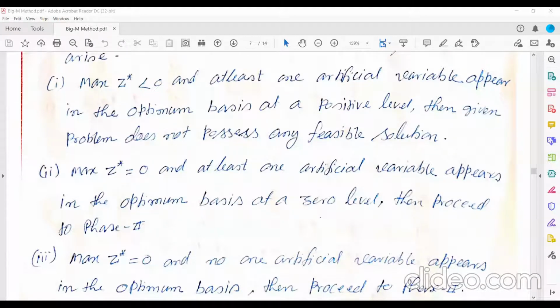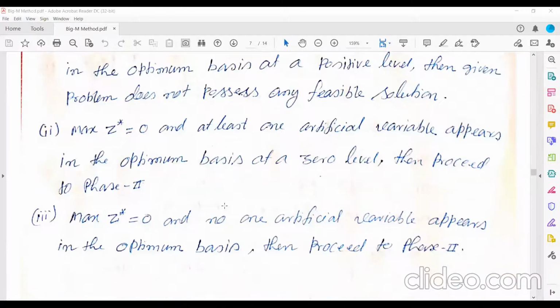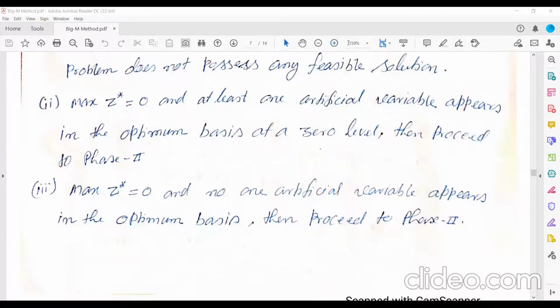And the third condition is, if max z star is 0 and there is no artificial variable in the basic variable column, then you can directly move to phase 2. Is that clear?